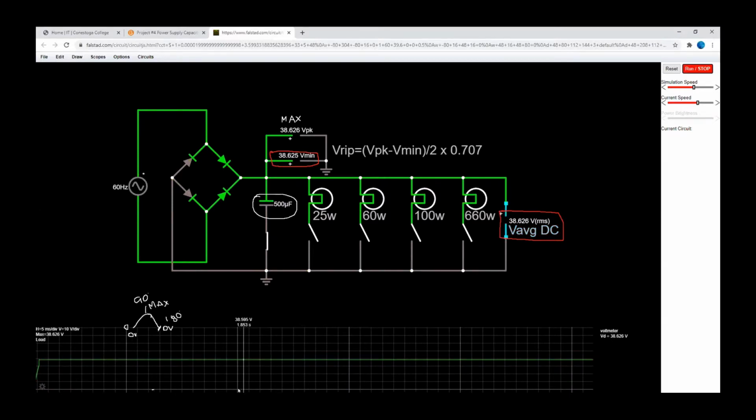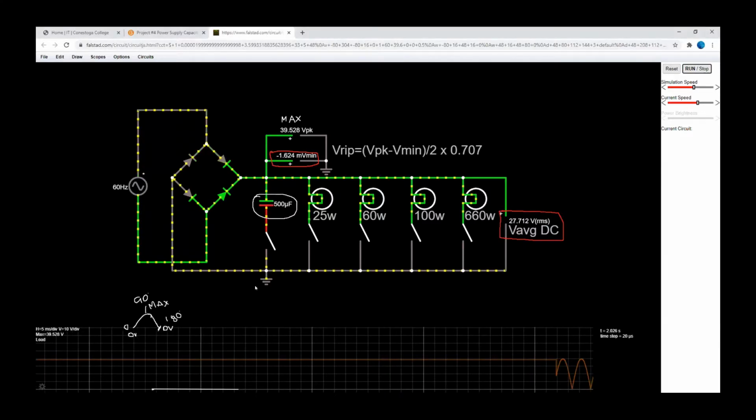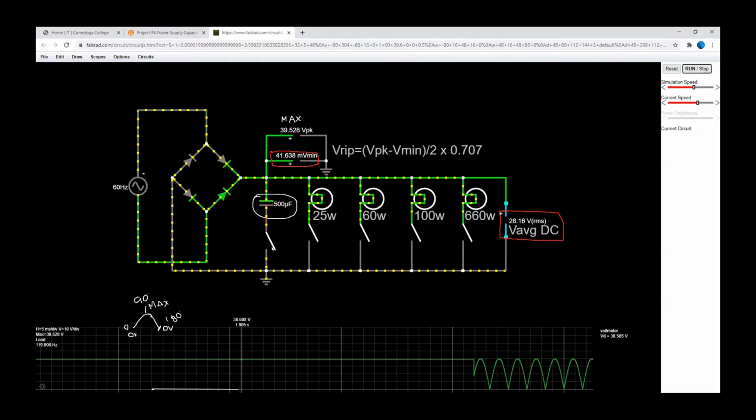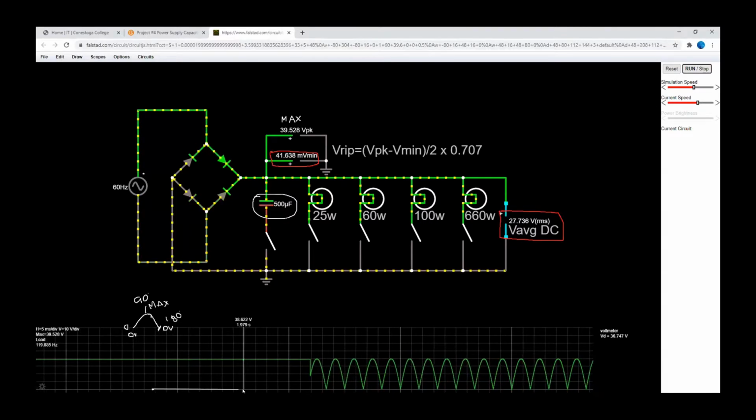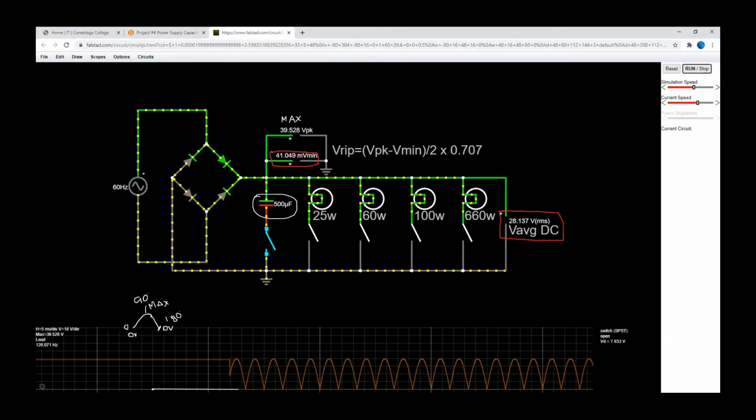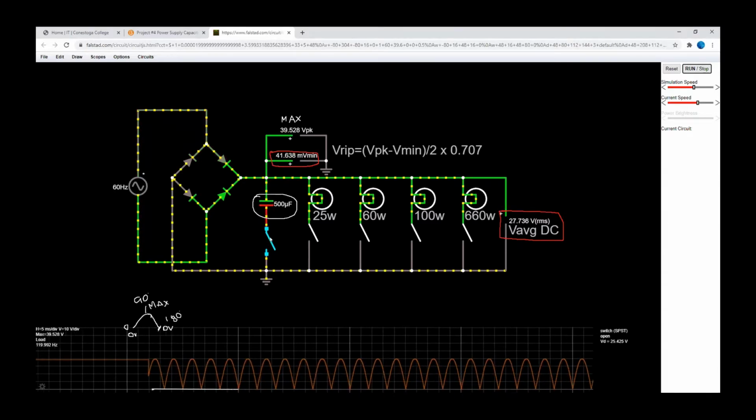Okay, this line right here at the bottom, I put this little white line before. I'm going to make it bigger to make it easier to see. This line that we have right here at the bottom is my 0 voltage line. I'll show you that once more. Before I closed my capacitor, that was my reference line. Now, when I bring my capacitor in line,